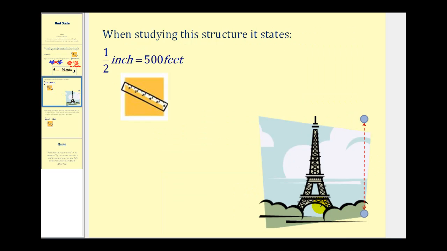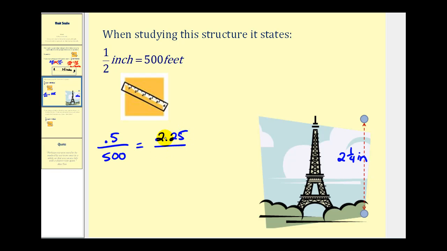Here we have a scaled diagram of a tower, and it states that 1/2 inch is equal to 500 feet. Well, let's say that we measure the height of this tower with a ruler, and it's 2¼ inches. And now we can use this unit scale and this measurement here to determine the actual height of this tower. So we're going to set up two ratios to perform a proportion, and then solve by performing cross products. So the first ratio is 1/2 inch to 500 feet. Again, we'll convert 1/2 to a decimal, so we'll have 0.5 inches to 500 feet must equal our measurement here, 2¼ inches, or 2.25 inches,